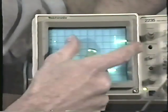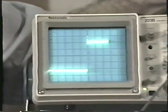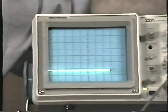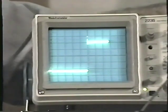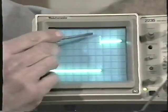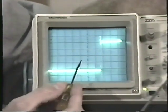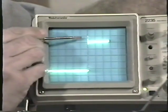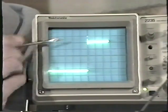We can't expand the time base out anymore to take a look at that spike without expanding it so far that we don't see anything at all. There's a way that we can look at just a tiny portion of that waveform. In this case, let's say we're just interested in the spike. If you use the horizontal position control and line up the waveform so that what you want to look at in great detail is right on the center, then in this oscilloscope it's located right here in the center of